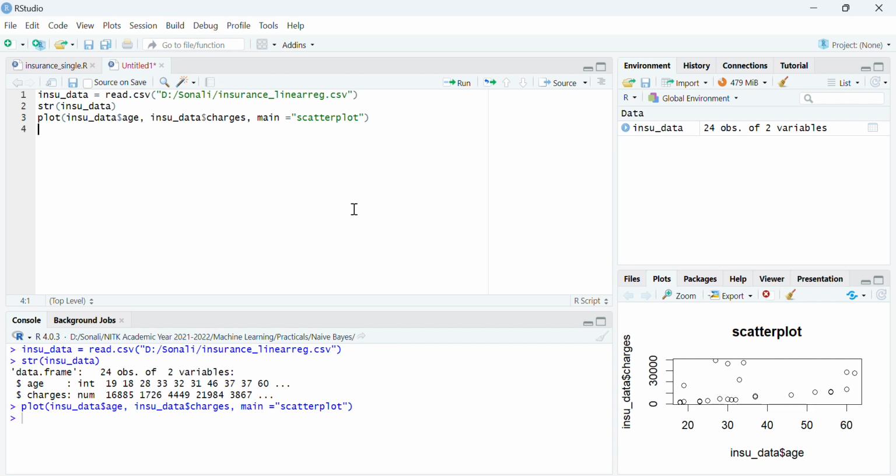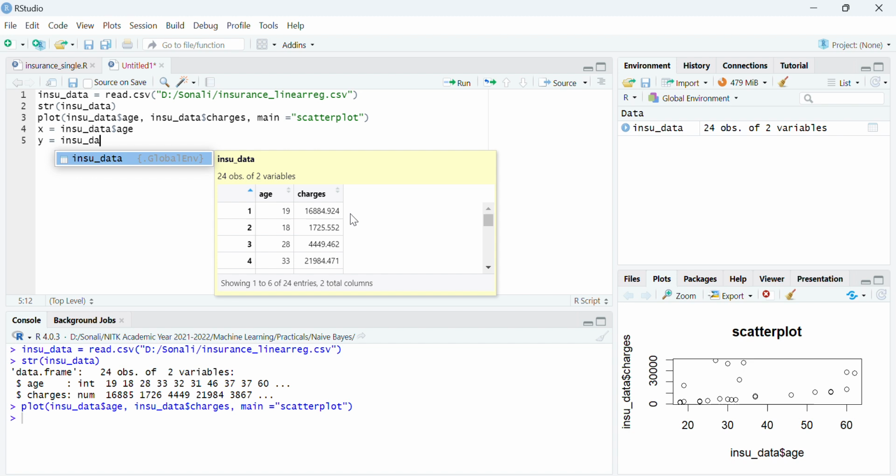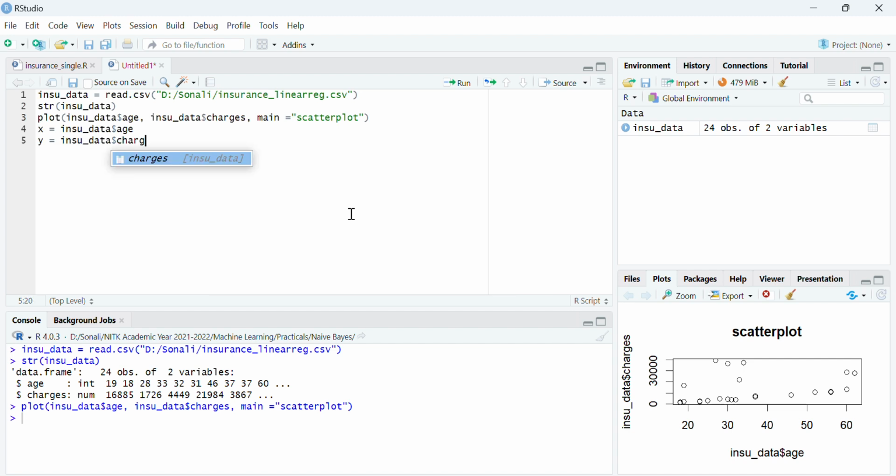So let's say X is equal to your insurance data age. That is your independent variable, and the dependent variable is your insurance data charges. Charges is your dependent variable. So you want to create a regression model.